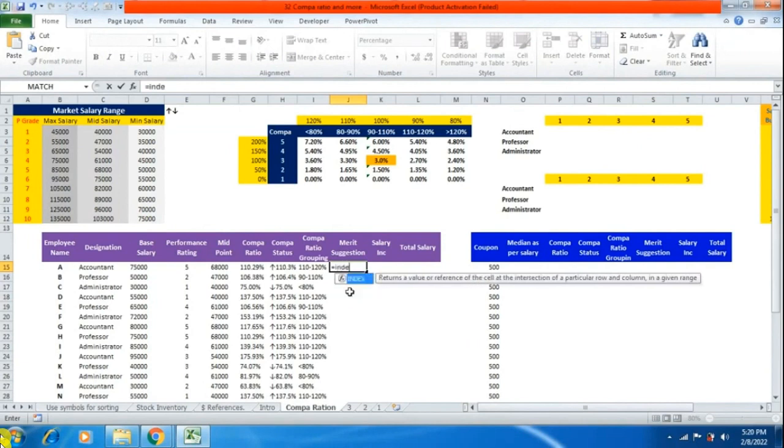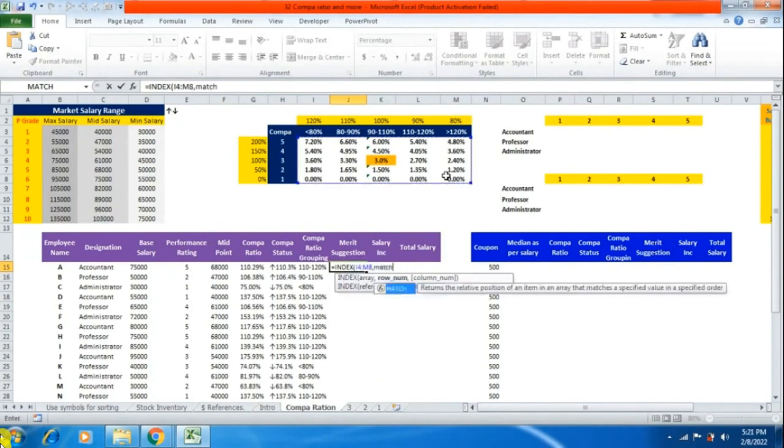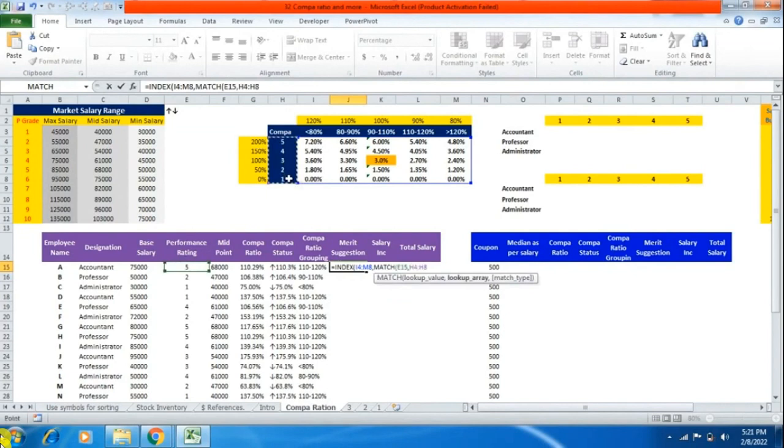Equals INDEX this, against what? Against the MATCH formula of what we are looking for, which is this over here, and then again we are using the MATCH formula, and then put comma and 0 for exact match, comma, again we are using the MATCH formula, because this rating needs